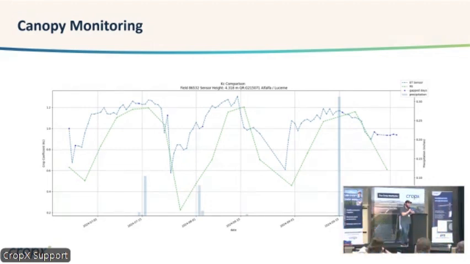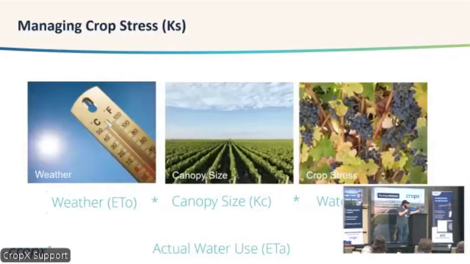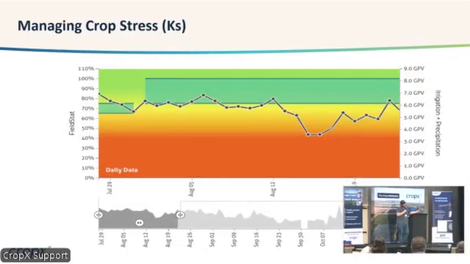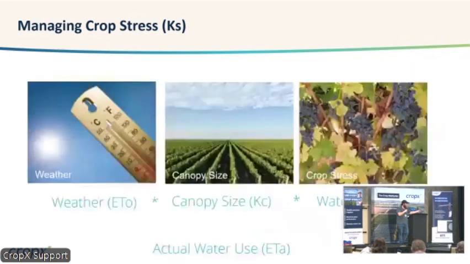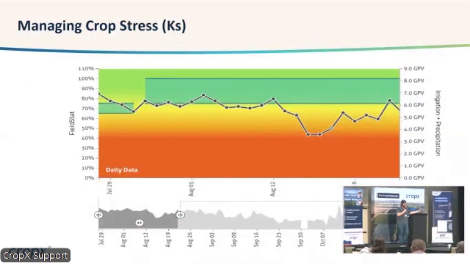Okay. So what's your name? Chris. Chris asked, so what do we do with this, right? There's a couple of things you can do with this. For one, you want to know how your canopy is doing, right? Depending on your crop, you could look at your stress factor, and then you would decide whether or not you need to irrigate more or less,